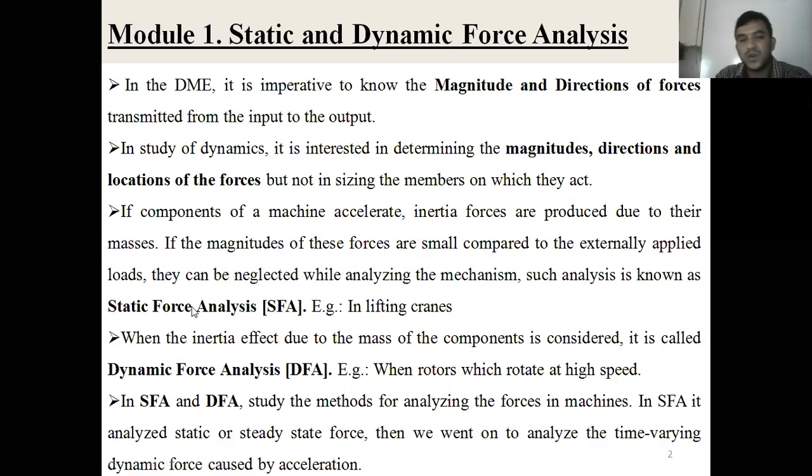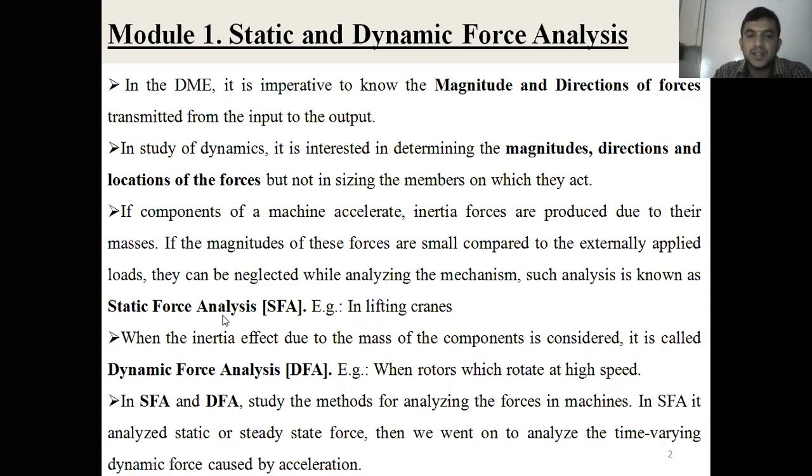Such analysis is called static force analysis. I think we already discussed in lifting cranes, when we lift the load, the weight of the bucket and whatever components are in the bucket is more. The load is more as compared to the motion, the velocity, in constant velocity. That's why you neglect that motion, you neglect the inertial forces. We'll consider only the weight of the bucket and the weight of the things we're going to lift in the